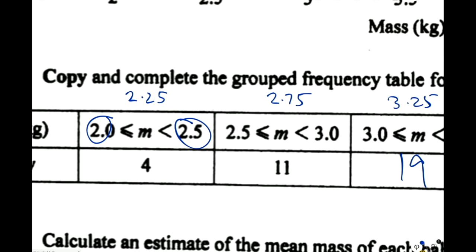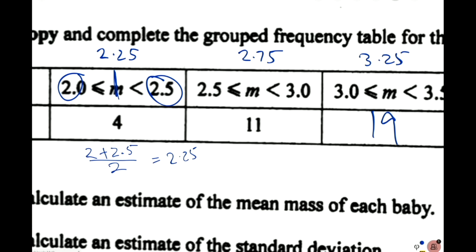What divided by what? No, let me show you. It's 2 plus 2.5 divided by 2. Halfway, right? On the middle. So add the two of them and divide it by 2. So I'm going to get all the